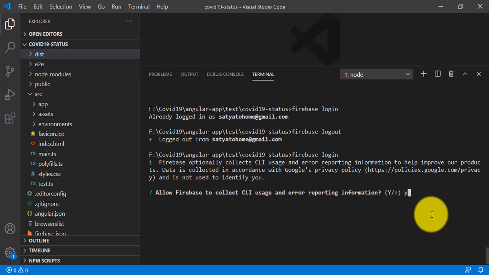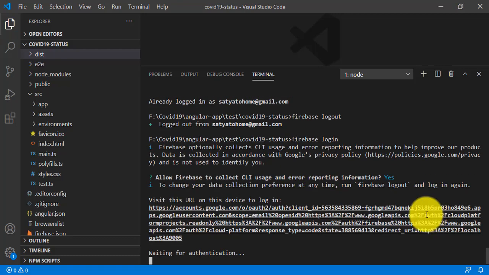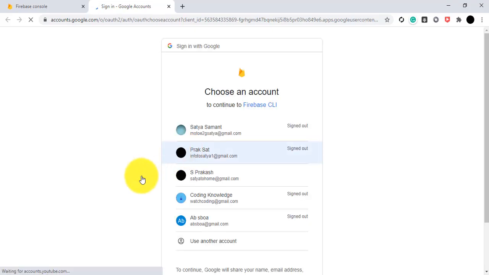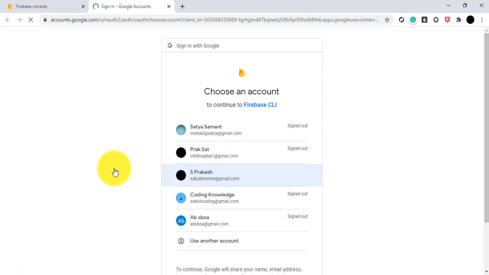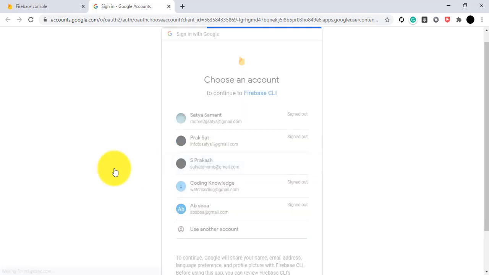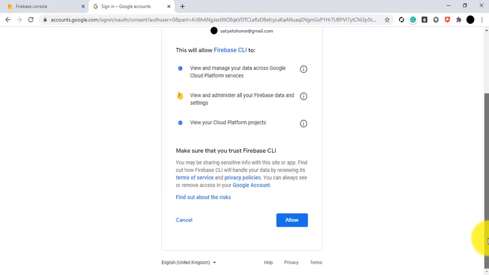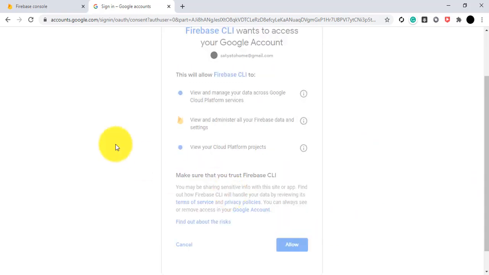So put yes here, press enter. Now it will redirect to the browser here, and it asks for your credential details. So I am using this one because I created the Firebase project using this account. So go to here, press allow here.